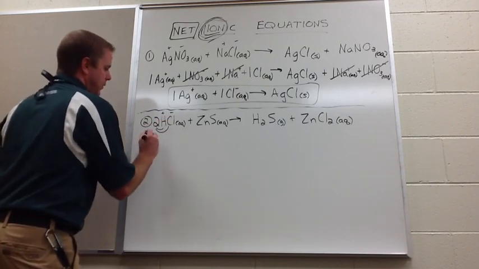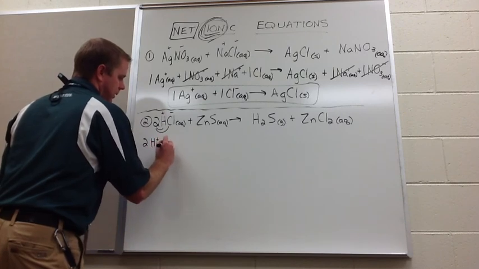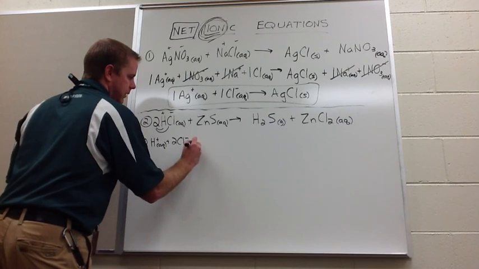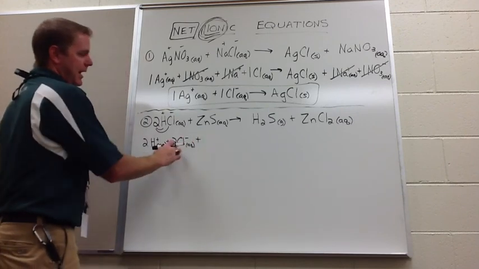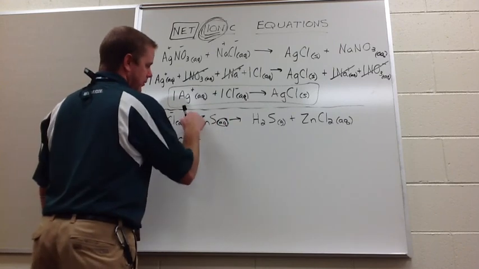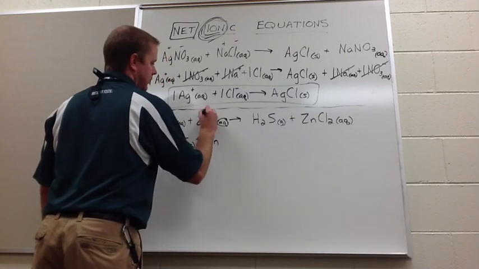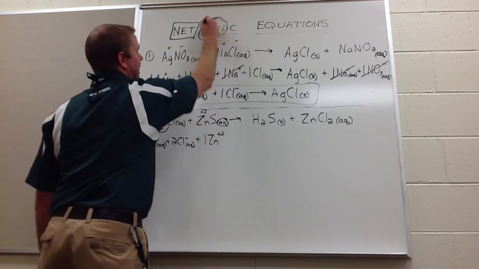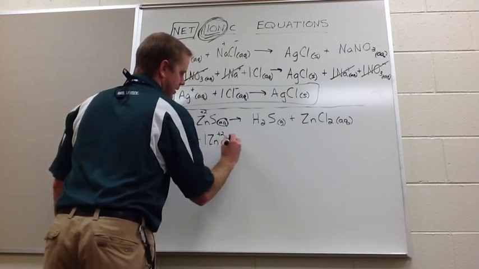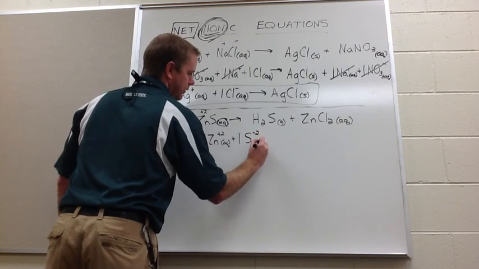So what you end up with this is 2 H plus aqueous hydrogens and 2 Cl minus aqueous chloride ions. ZnS aqueous, therefore it will break down. There's a 1 right there, so therefore we have 1 Zn. Its charge is plus 2, so it gets a plus 2 because this is ionic equations. It's aqueous and 1 sulfur minus 2 aqueous ion